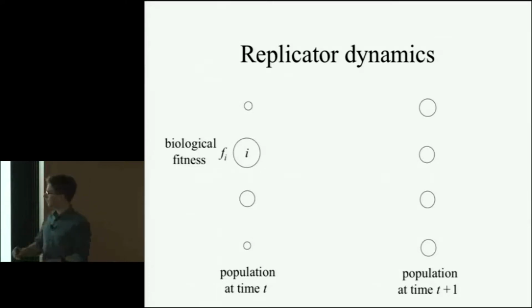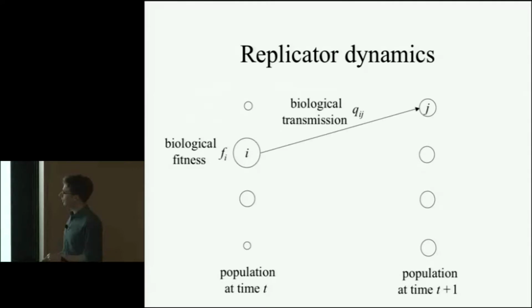So basically what that's doing is allowing those types which are going to have more children to have a greater representation in the population. And then what we do is for each of the offspring that we're going to end up having, we're going to choose a parent who is going to be the parent of that offspring, and we choose that according to the weights in the population, which are